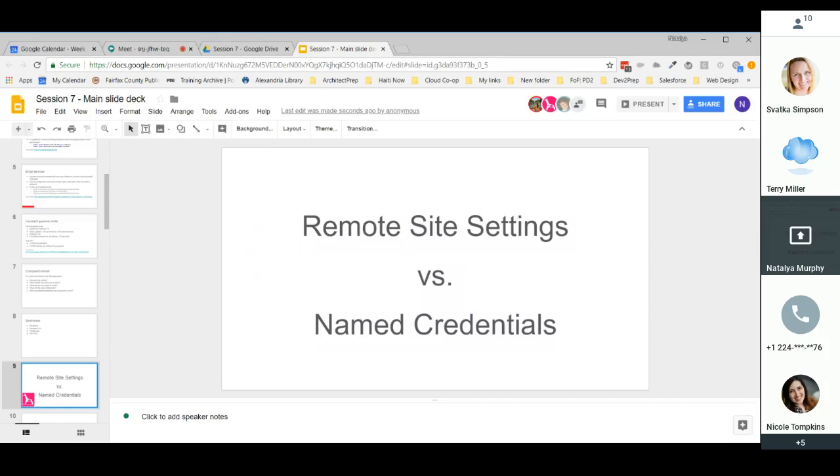I have used remote site settings in the past, and it's basically to specify an outbound URL. So it is when you access an external site, you can't truly just call out without setting up a remote site setting. Just think about it this way, that something like the Force.com platform will always check for those. Versus